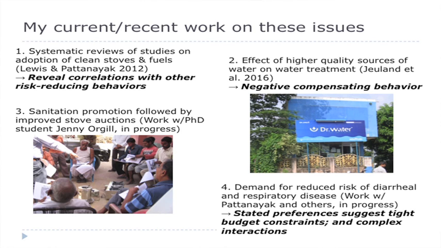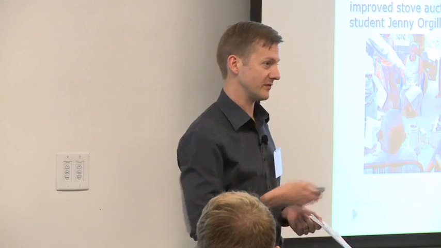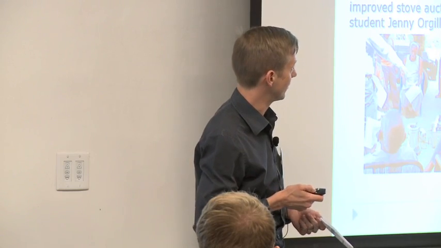Third one is a sanitation promotion campaign, which was a randomized campaign, and we're going back and now seeing if demand is different for another technology, which is improved cook stoves. So we have done some auctions for that to see if there's some complementarity or substitution there. And then finally, looking at co-reductions in these disease risks and seeing if what people tell us they're willing to pay for one impacts what they're willing to pay for another in surveys, but also then testing this in the field. And Faraz has been involved in that work.